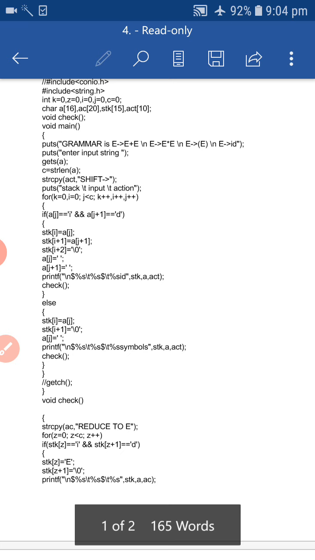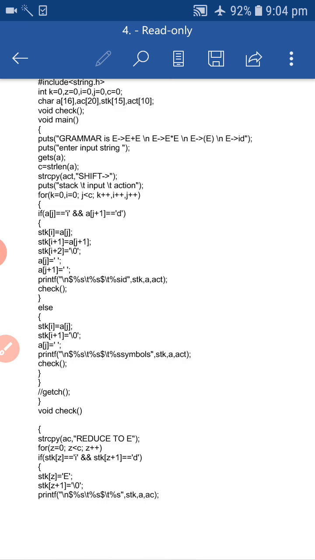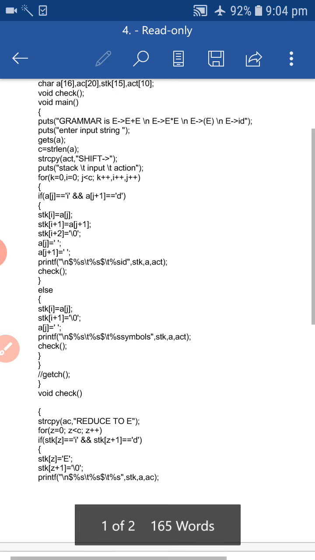After taking the action, I use puts with stack, input, action, which prints the column labels. Next I'm using a for loop with k equal to 0, i equal to 0, j less than c, k plus plus, i plus plus and j plus plus. This runs up to the length of the input string.